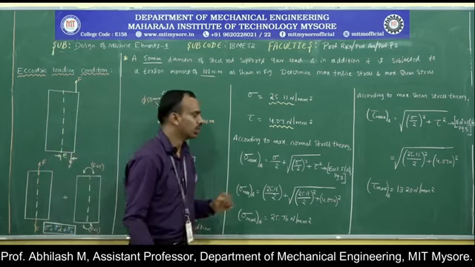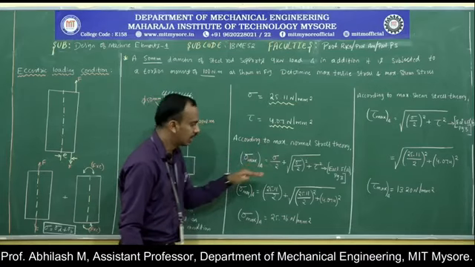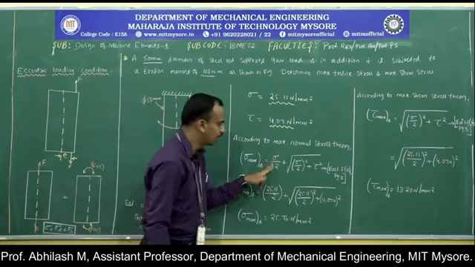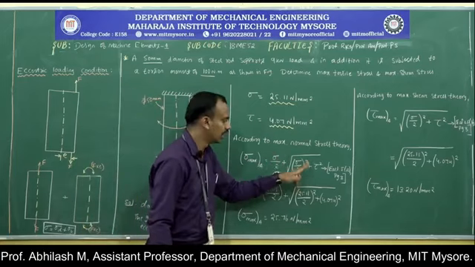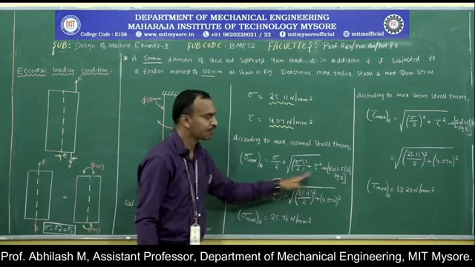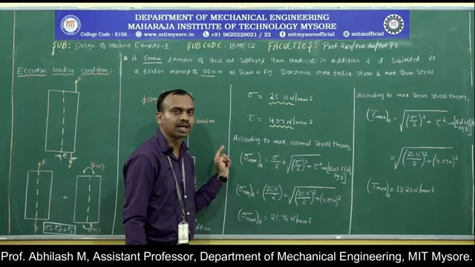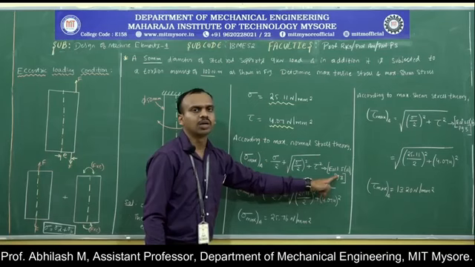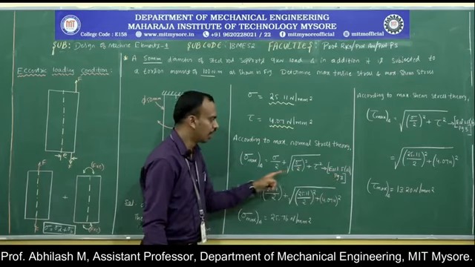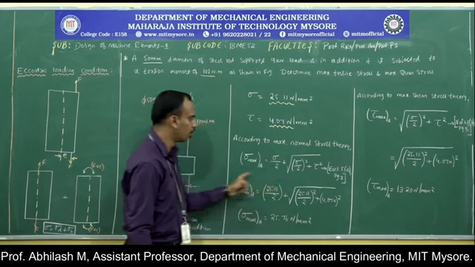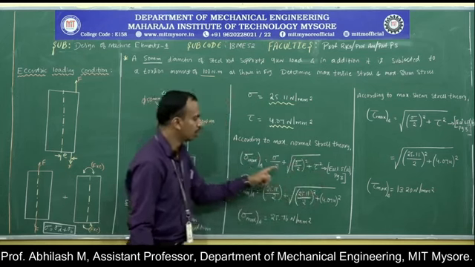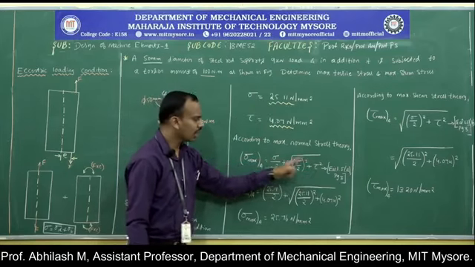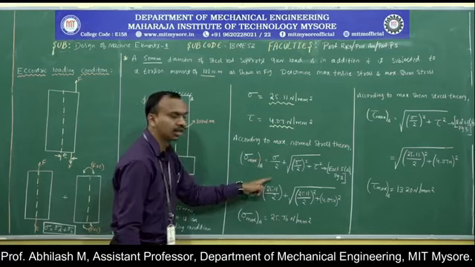Now according to the maximum normal stress theory, the maximum stress at the point A is given by sigma by 2 plus square root of (sigma by 2) square plus tau square. This equation for the given combined loading condition is available in the data handbook, page number 3, equation 1.5a. If you refer to that equation, we obtain this expression. Now we have calculated the value of sigma as well as shear stress, and we substitute the values.